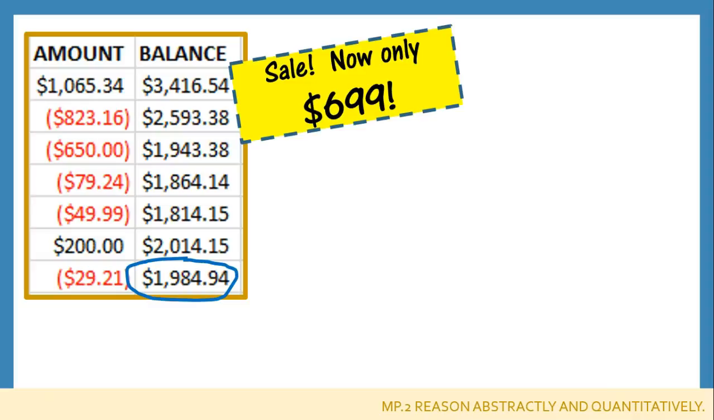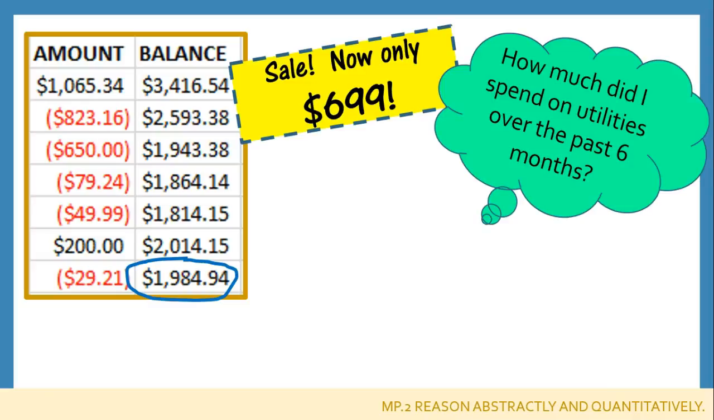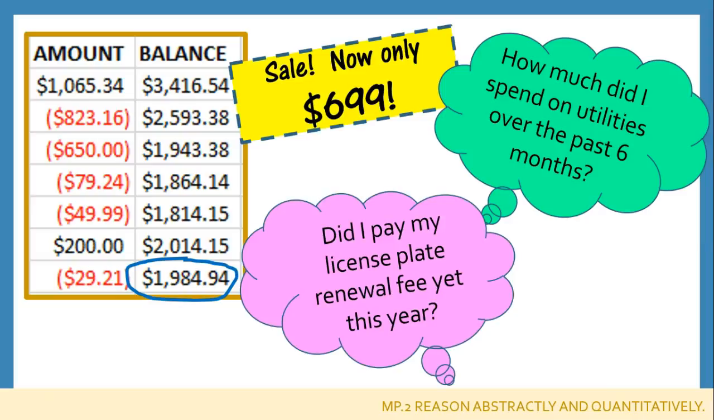If I want to find out how much money I spent on utilities in the past 6 months, I would have to filter the withdrawals for the utility companies and then find a total of those amounts. If I want to confirm that I paid my license plate renewal this year, then I'll have to search the withdrawals and find that particular fee. When we reason abstractly and quantitatively, we are able to contextualize and decontextualize quantities as needed in order to solve